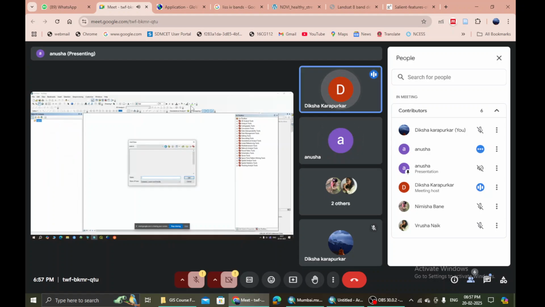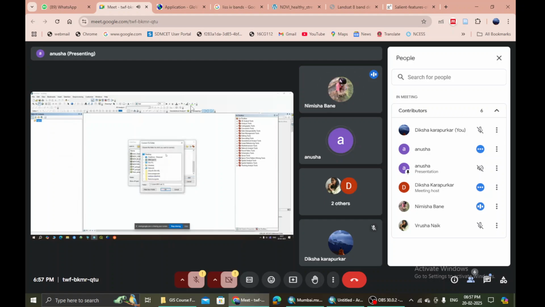Okay, Nimisha, did you multiply your NDVI with 1000? Yes, ma'am, I multiplied and it said raster data calculated, but it did not give me the resulted layer. I also checked my file explorer. I did not find the data layer.